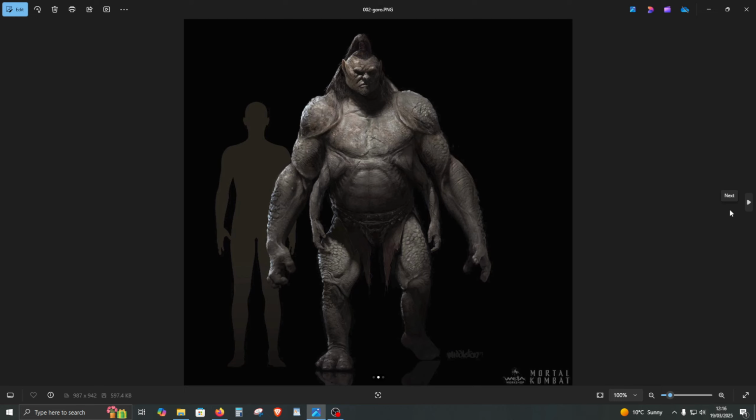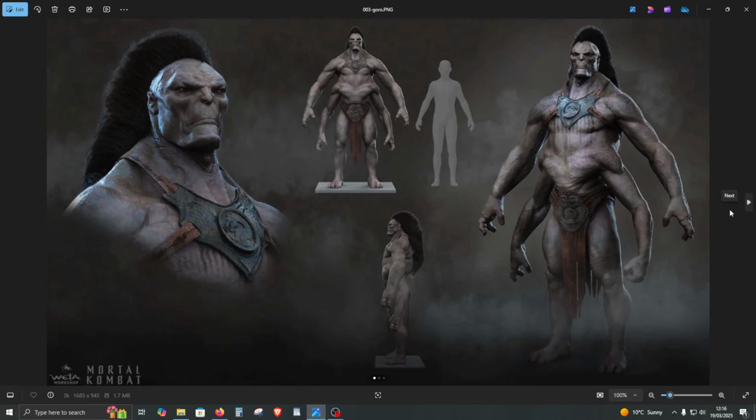It's like they found a use for the top arms, and the bottom arms they just stuck them on. Imagine if they seriously released this into the movie. I don't know what they're thinking, man. All you have to do is look at Goro on a Google image search and you'll know what he looks like. What is going on here? Alright, we'll move on to the next one. Okay.